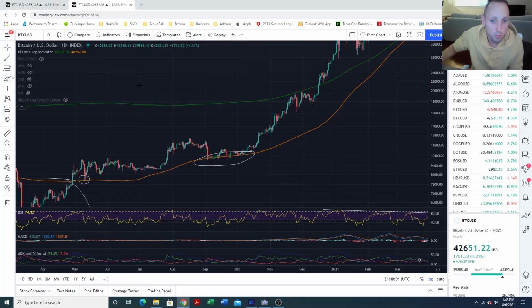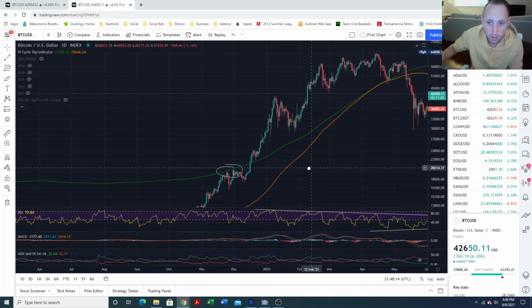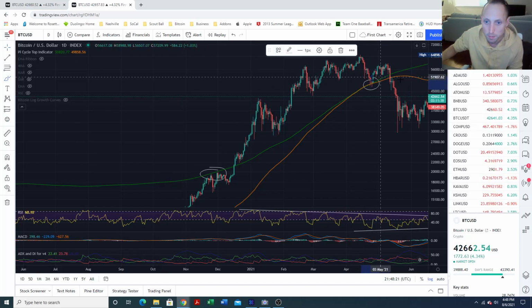Came up here, was bumping its head, but then quickly shot through. This is faster than the 2017 run. It just shot through this thing. Really broke on through hard. Tested real quick right here, and then eventually lost it right there.